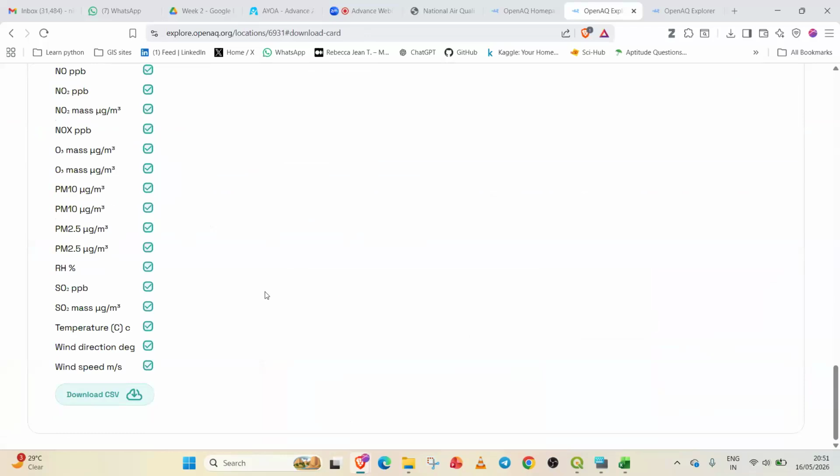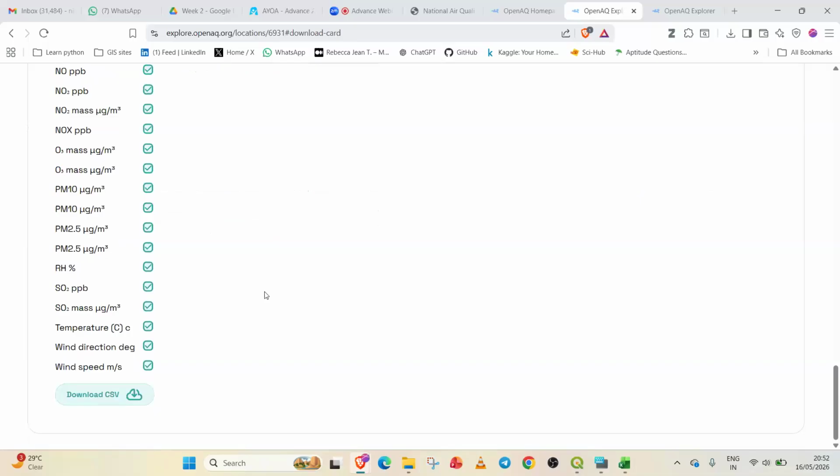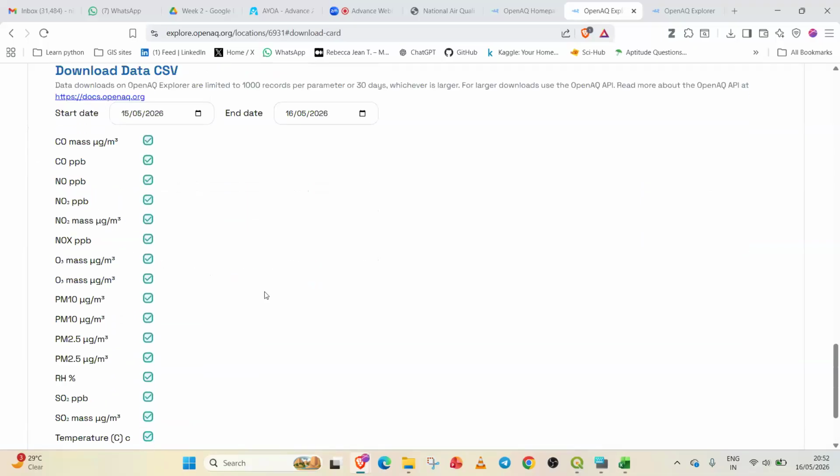So what timeline did you select? For the month of March. Okay, so we are calculating the monthly average. Yes, ma'am, monthly average. So I am doing it for Delhi, and Snehal is doing it for Mumbai. So first search for, let's say, 8 to 10 stations and look at which parameters are common